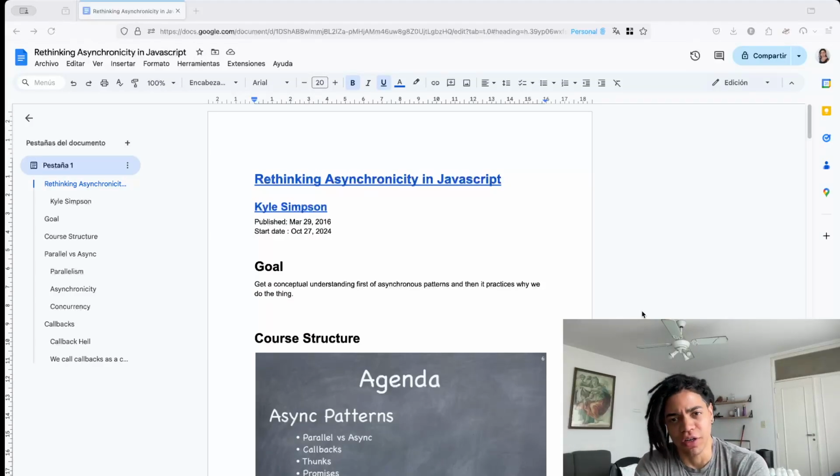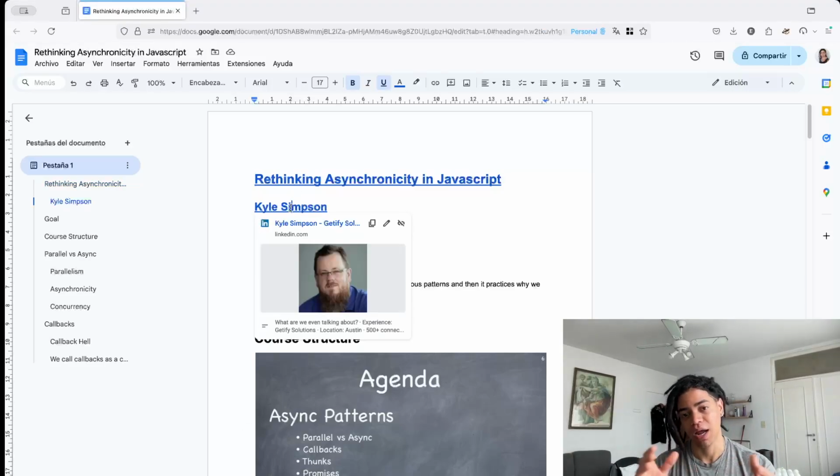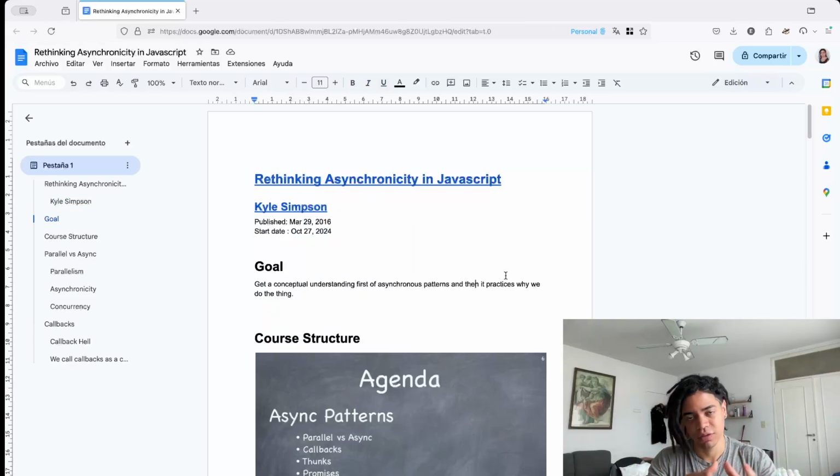What is asynchronicity, parallelism, and concurrency in JavaScript applications? This is a topic that we're going to talk about, thanks to Kyle Simpson, one of the Frontend Masters instructors and the author of You Don't Know JavaScript, among other books. The idea in this course is to see and understand the asynchronous nature and the conceptual aspect of this asynchronicity,